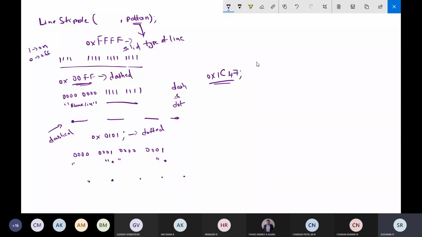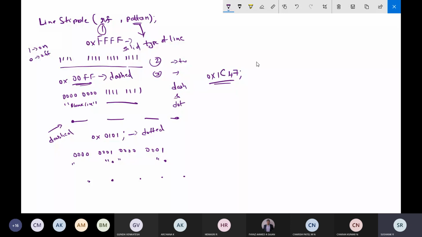What is the functionality of pattern? And the first one was the repeat factor. What will the repeat factor do? It will specify how many times each bit in the pattern is to be repeated before going to the next bit. The default value of this will be 1 only. If you give it as 2, each bit will be repeated twice. If you give it as 3, each bit will be repeated thrice. So it will act as a repeater, that's all.